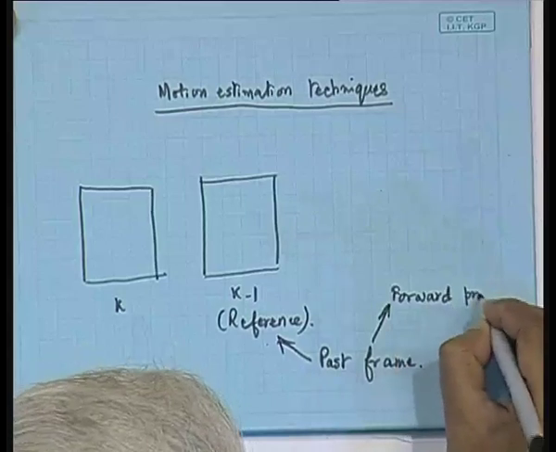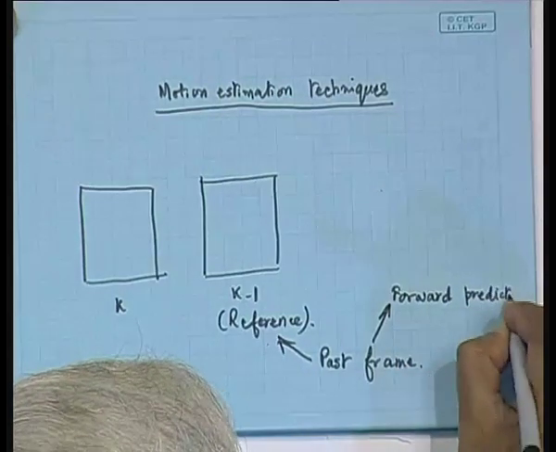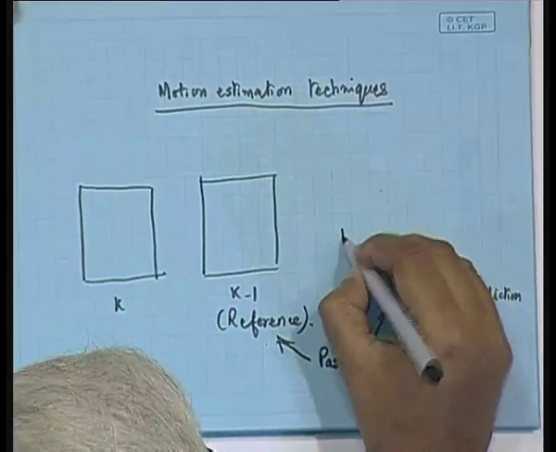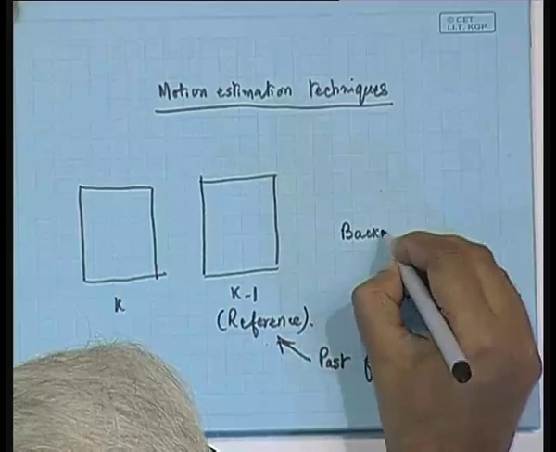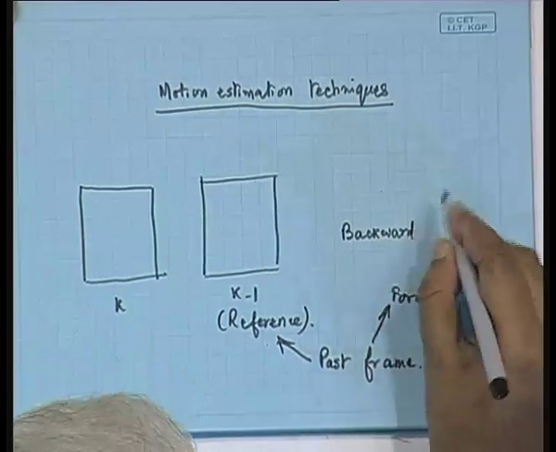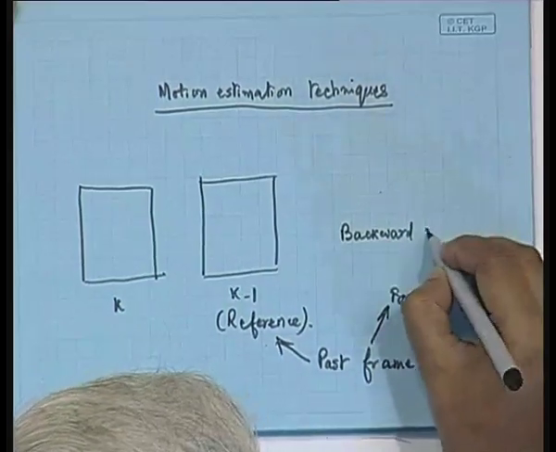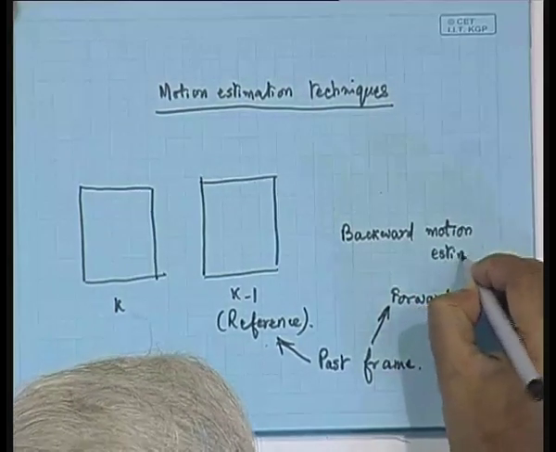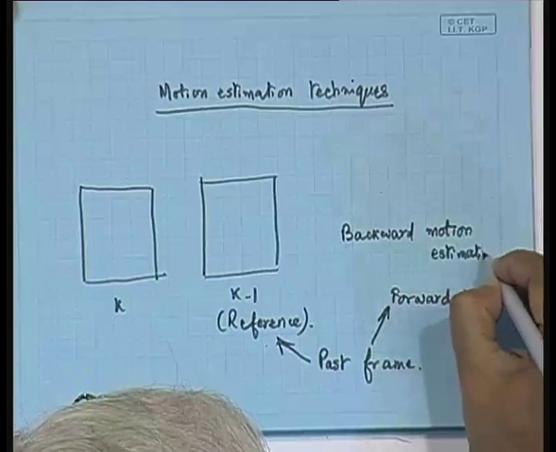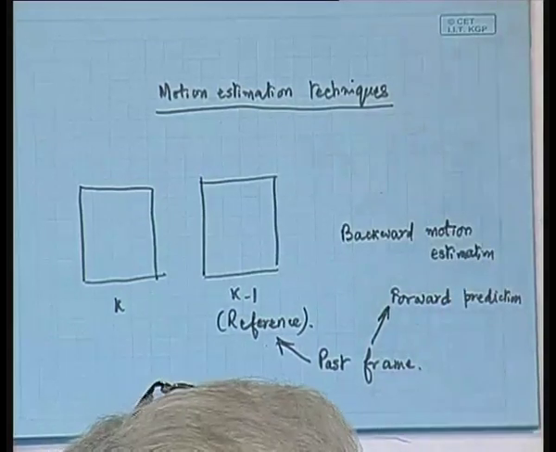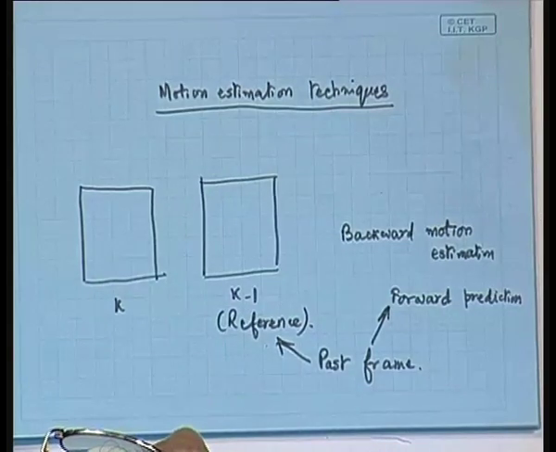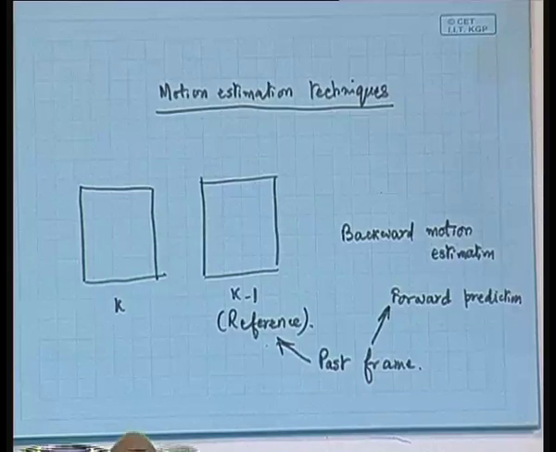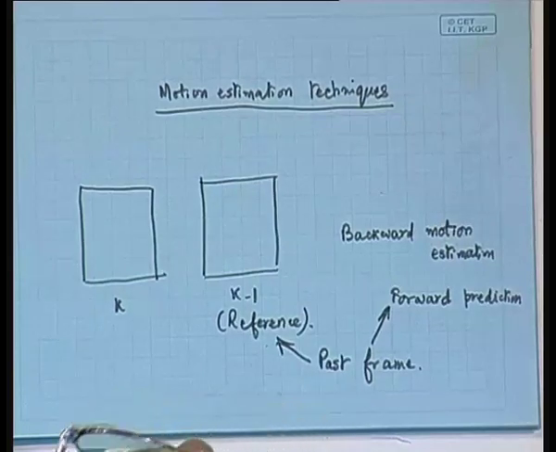So, you can say that the process we have described basically means that there is a backward motion estimation. Why backward? Because we are going back in time. We are considering the past frame for motion estimation. So, we are calling that backward motion estimation, and whenever we are using backward motion estimation, it leads to forward prediction or forward motion compensation, whichever way you would like to call it. Now,